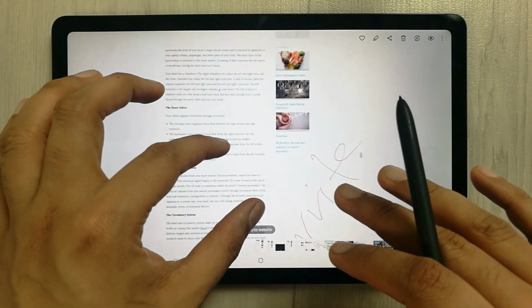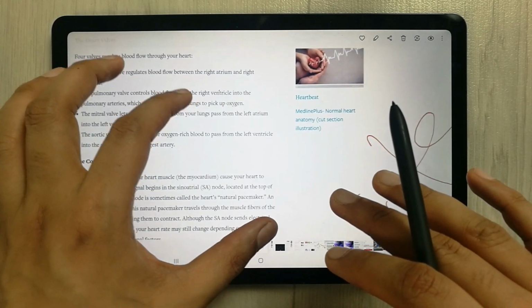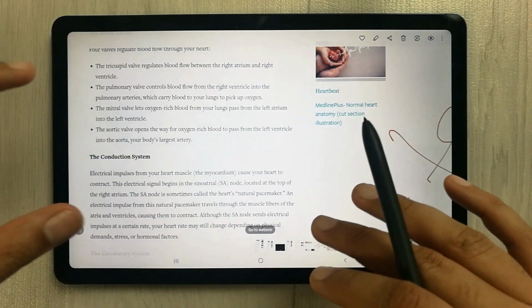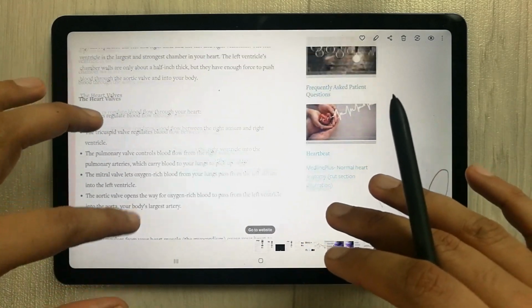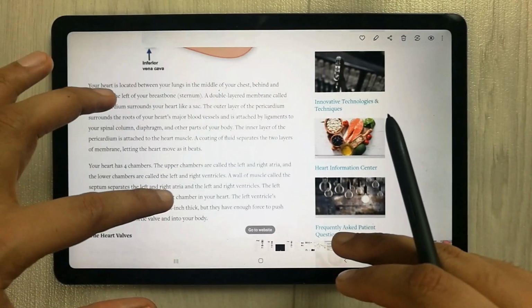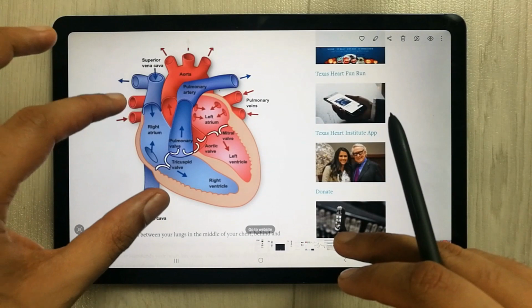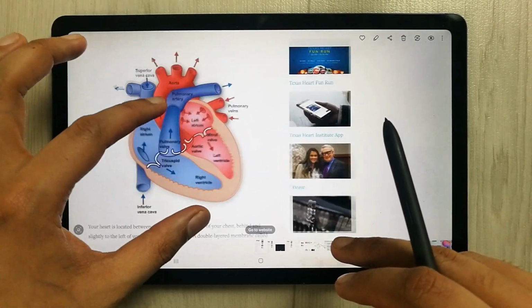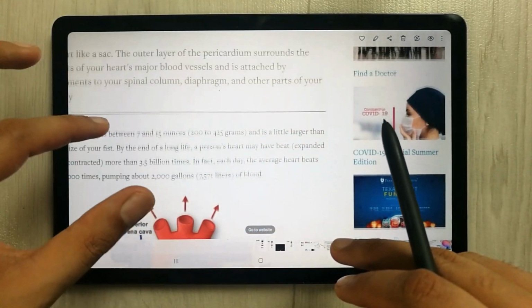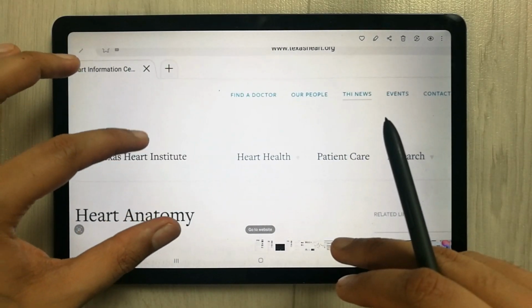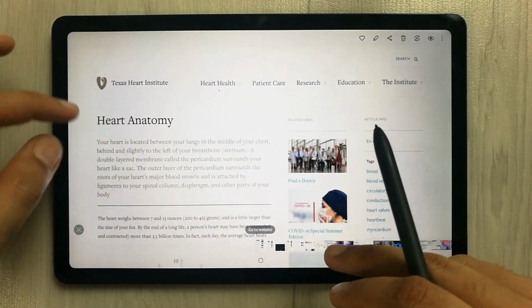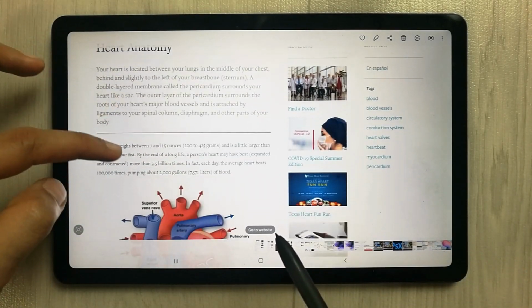Now if you want to zoom it, you can zoom it, and then you can see it is clearly showing all of the text, and it is also showing all the images. So everything is clear. You can make it small, you can make it bigger. And then if you want to edit, you can edit it as well. So you can see over here, it is completely taken.